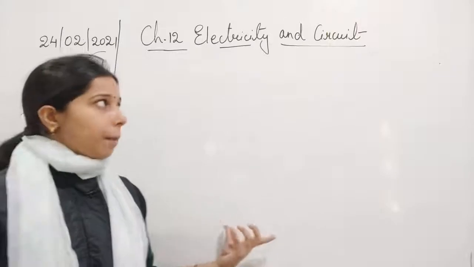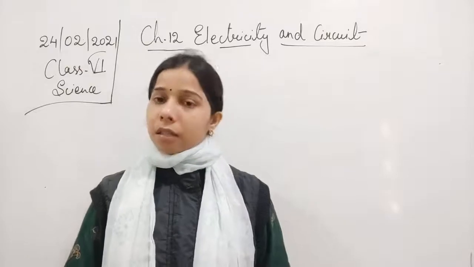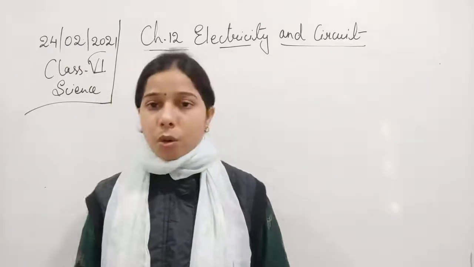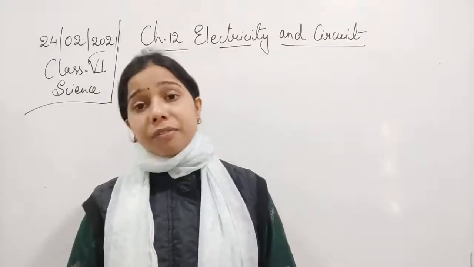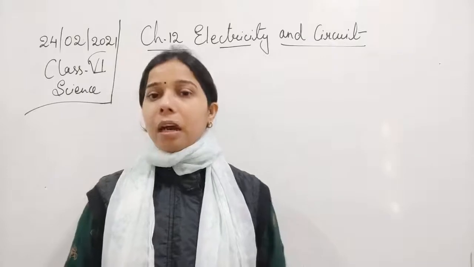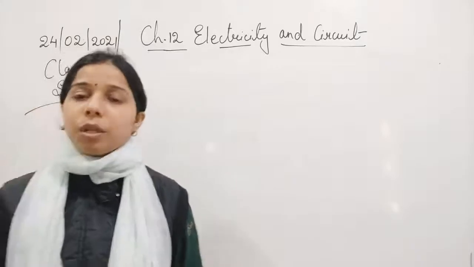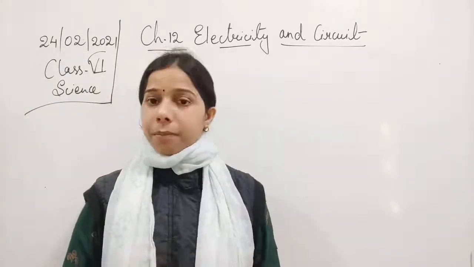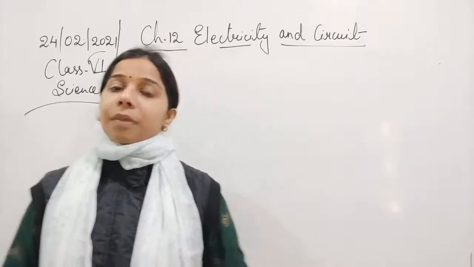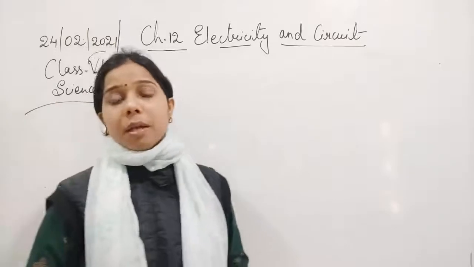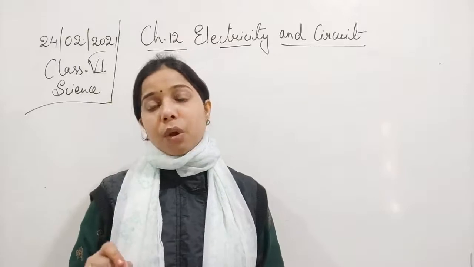Now, if you are talking about the circuit itself, you see that a circuit includes connecting wire, and it includes a torch bulb or any device, and a cell. In a torch bulb, a filament is also there, and if this filament is broken by any method, either because more heat is generated or more heat flows through it, then electric current will not flow through it. This is called a fused bulb. Even in the fused bulb, there is a formation of a gap, due to which electricity will not flow through it.